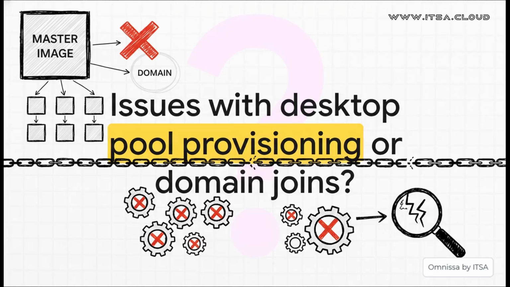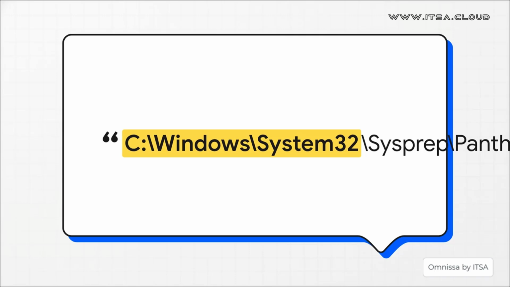Let's talk about a very specific problem, one that stumps a lot of admins. Your master image is perfect, but when Horizon tries to create a whole pool of desktops from it, they fail to customize or they fail to join the domain. Where is the evidence for that? Here it is. This is a critical but so often overlooked clue: location. The logs for the Windows System Preparation Tool, or SysPrep, are buried in this Panther directory. If you are having provisioning failures, I guarantee you the answers are almost always hiding in these files.